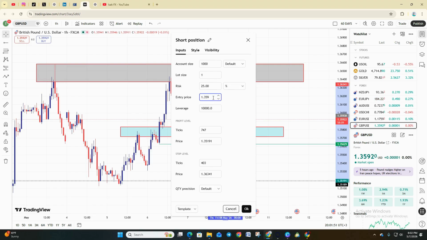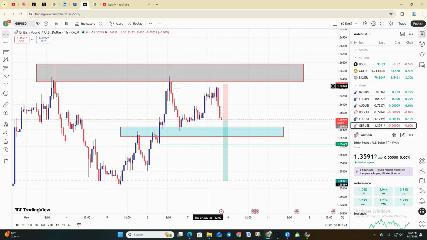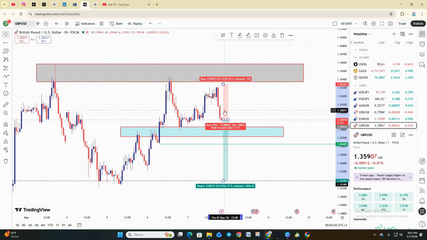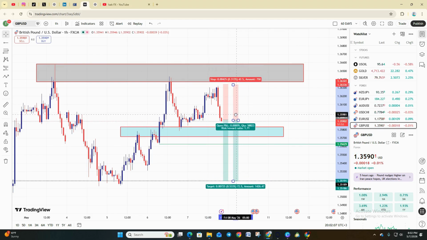So 35,916 is the entry price. This is the first trade I took. The other trade I took will be on a lower time frame, so we'll just copy this one and bring this to the side,